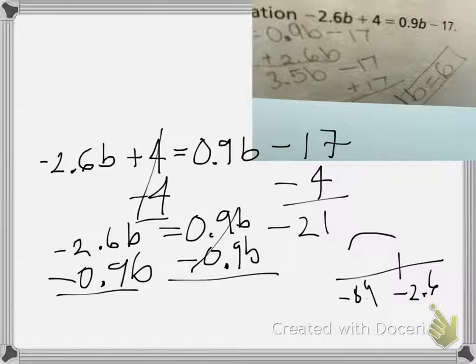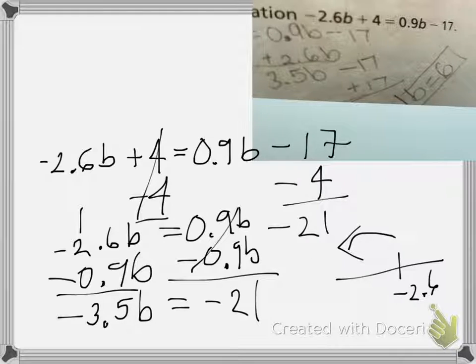So how do we do that? We're going to go ahead and add these, basically, because the further you're going this way, the more you're adding. So with 2 negatives, you add them, and the answer is still negative. 0.6 plus 9 is 15. Carry 1. So 1 plus 2 is 3, plus 0 is 9. So it's negative 3.5b